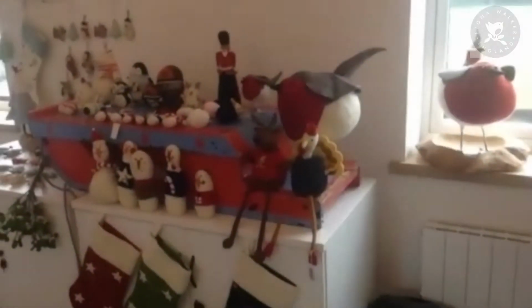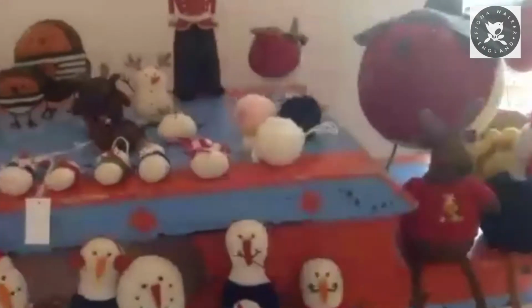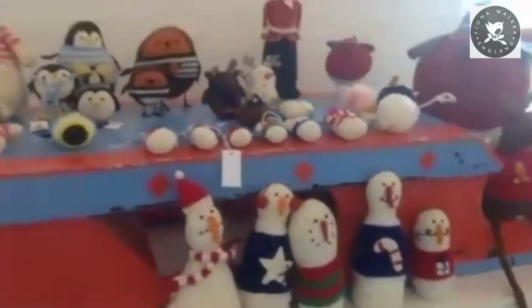So we will now start with showing you the very first new parts of the Fiona Walker Christmas collection. I hope you like it. So this is part of the original collection from last year that we had, which is very bright, funky, fun. There's a few elements added to this year, which are things like a new version of the Droopy Moose